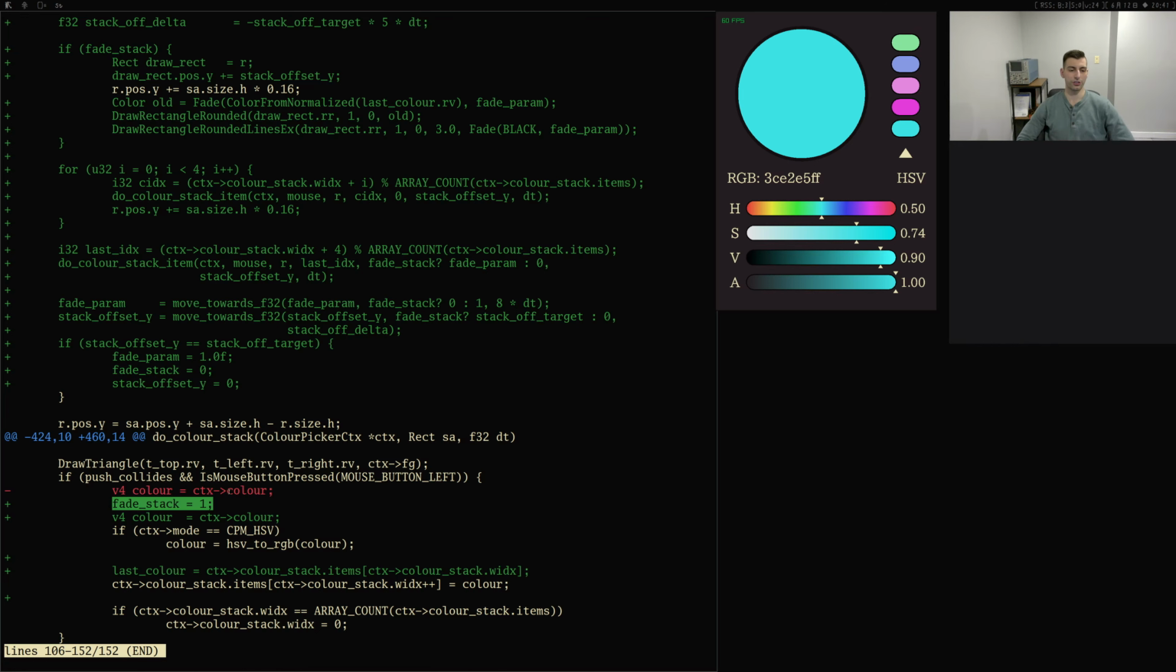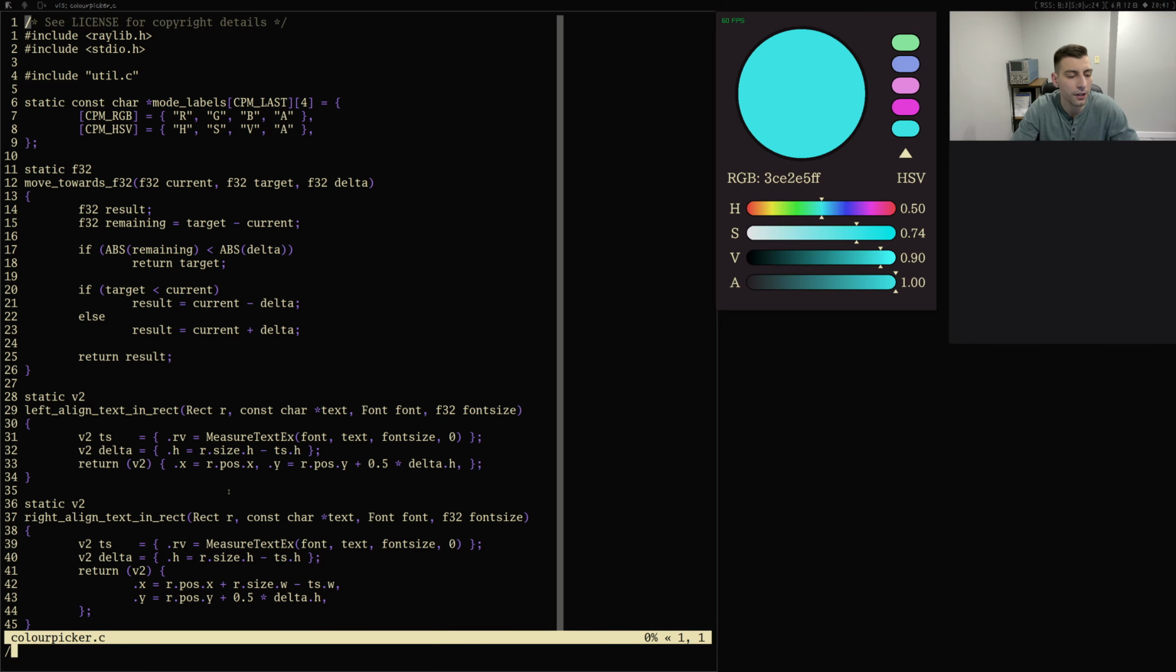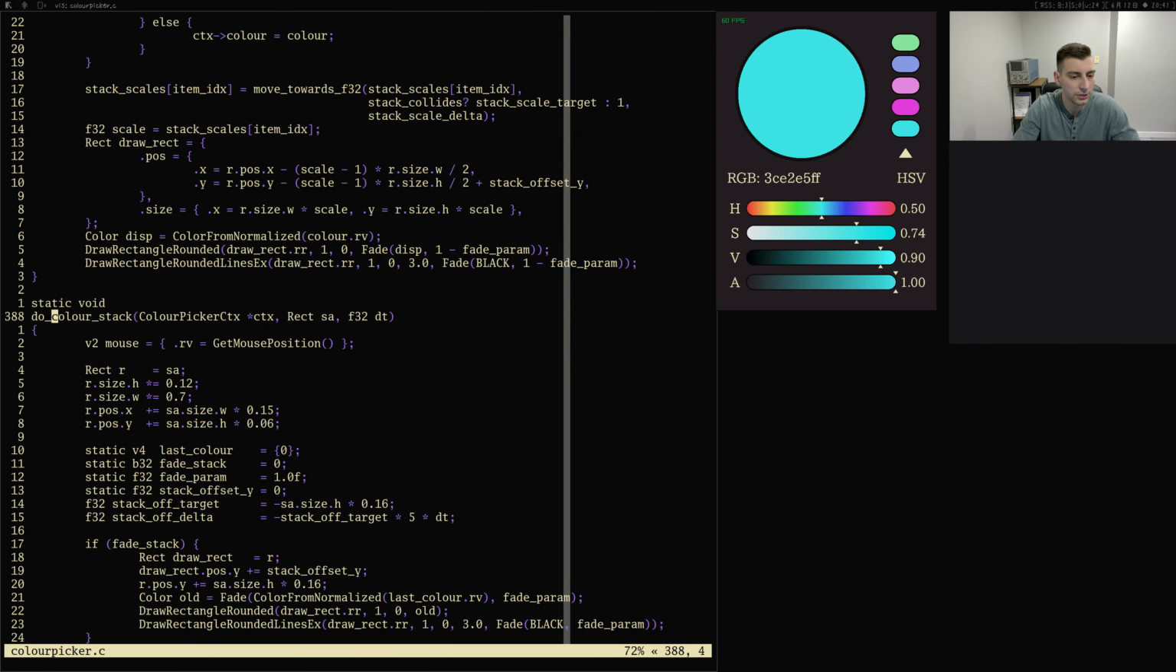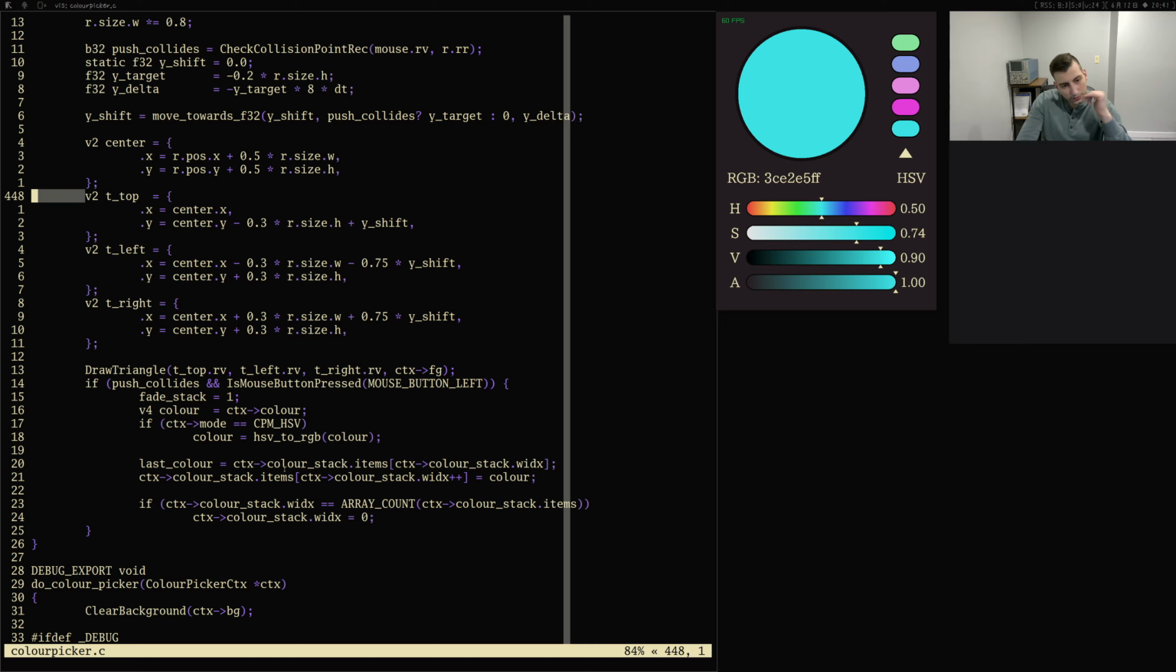Wait, was that because of this push? I mean, this was just like a dead store though at the end. Oh, I see what the problem was. It's because of the color stack item, color stack. Right. It's because of this. So, yeah. How would we just do this then? We would have to do